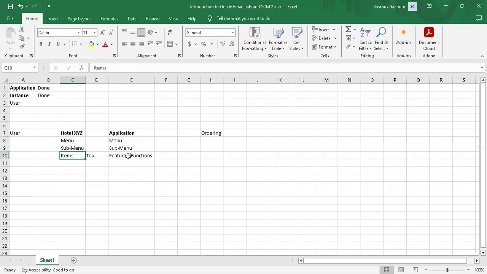Same case you will find we have features in submenu under menu in the application. But now these features, for you to get this tea, you have to do the ordering. You have to order. After now you have gone through the menu, submenu, and items. Now you have to settle, like you want a cup of tea, or you want some coffee, some burger,